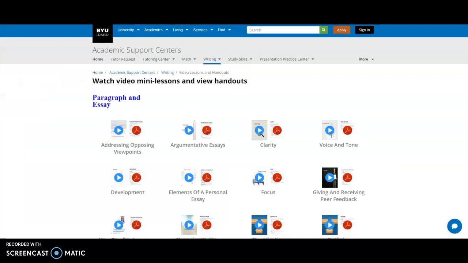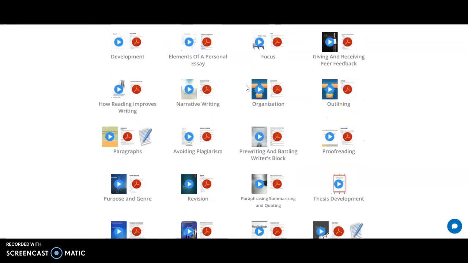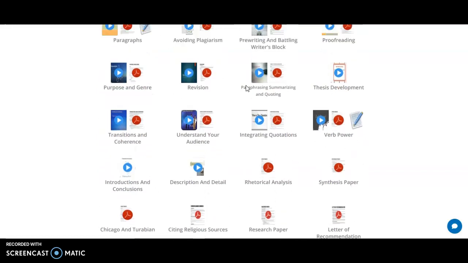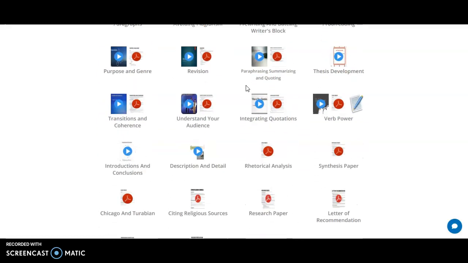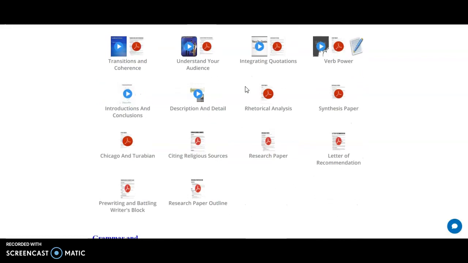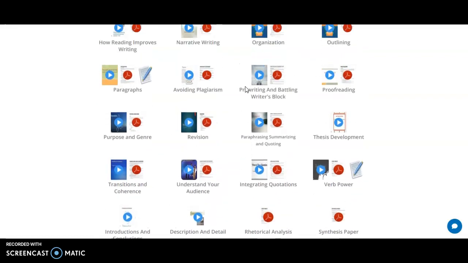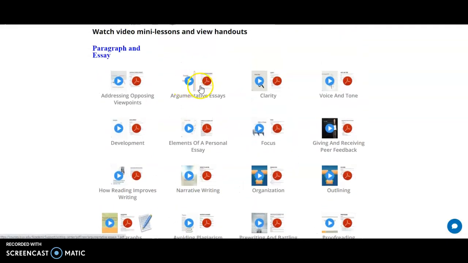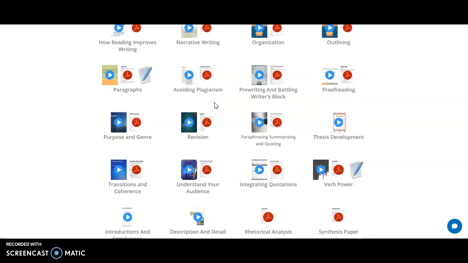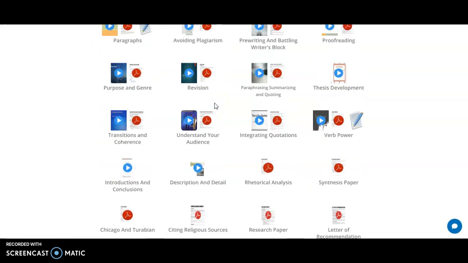You also have this. It is in one of the announcements as a link for many, many different sources, one of which is about plagiarism. Anyway, it's on here about plagiarism. And if you also notice, it has avoiding plagiarism. It also has argumentative essays. It has synthesis on here. So this is a great page of sources to help you understand how to develop a thesis, how to proofread,